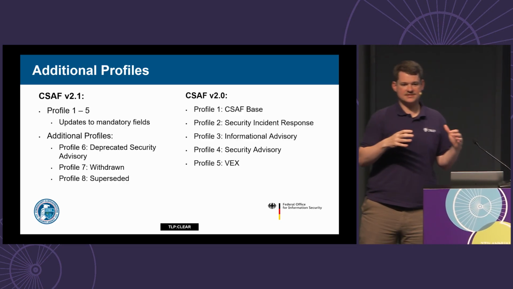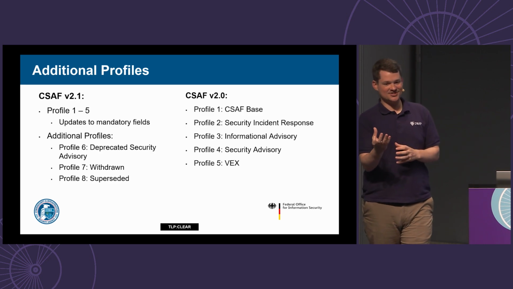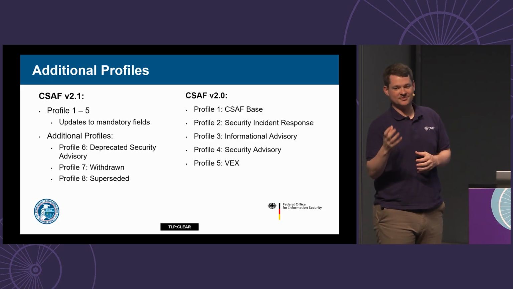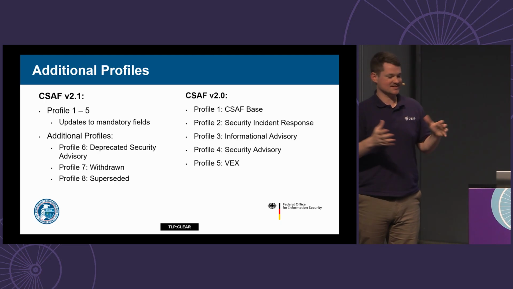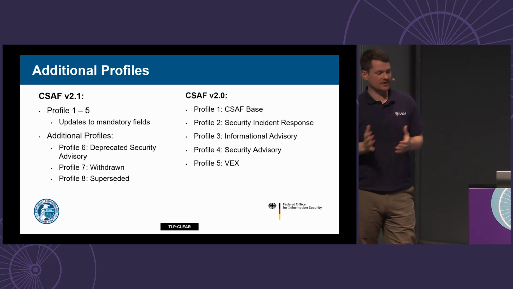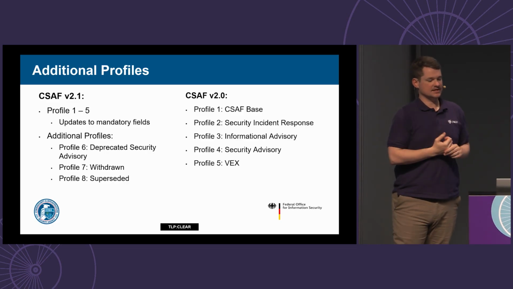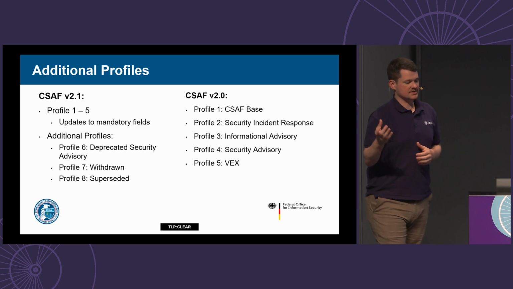Why is that going to be necessary? Well, we're in a situation where we're introducing a new version, and hopefully everybody is going to immediately adopt the new version and update all of their current version 2.0 advisories to conform to the version 2.1 standard. I know for a fact that there are already organizations that are working on this, that they've been following the work that the TC has been doing, so that's exciting to hear. I know that others are anxiously awaiting the official release, and we look forward to helping and aiding you all in that transition. One of the ways that we're doing that through the standard itself is Profile 6.